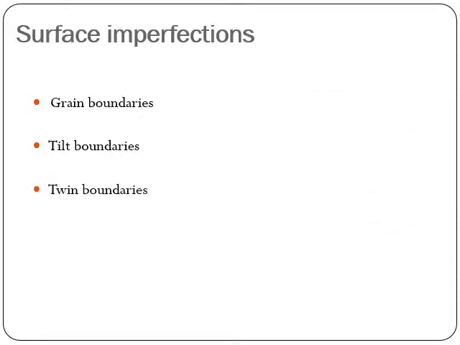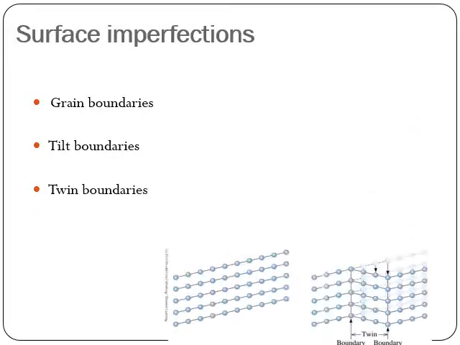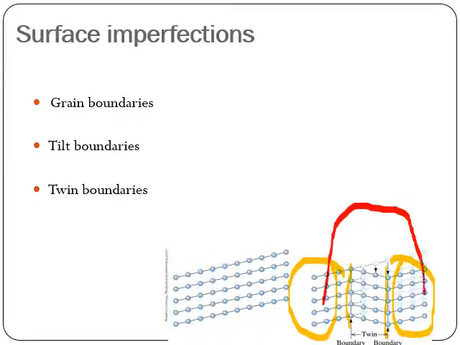Okay, so next is a twin boundary. Twinning means of the same kind. So here this is a twinned region or boundary. This is one plane and this is one more plane. If you look carefully, this plane and this plane are mirror images, with respect to the boundary. So that is what a twin boundary is.